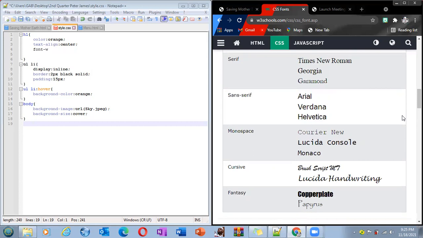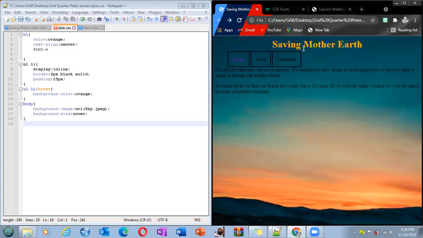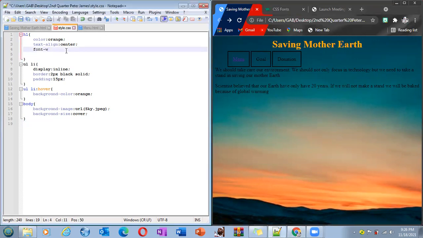Okay, so this time let us use these fonts in our website. As you can see in our website here, these fonts are just the default fonts. When we say default, these are the fonts that we see when we are creating a website. Now let us try to change the font for our H1. Our H1 is Saving Mother Earth. Now let us try. We have here font-family,